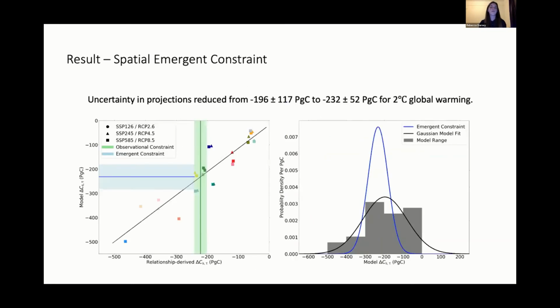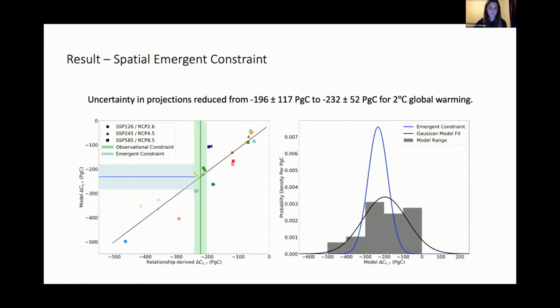So as the premise of our emergent constraint works for each of our Earth system models, this allows us to obtain an observational constraint on our x-axis. So this plot on the left here is very similar to the same plot again. However, this time we considered change to be 2 degrees global mean warming. But again, we've got our model change in soil carbon due to the change in soil carbon turnover on the y-axis, and this change in soil carbon due to the change in soil carbon turnover, calculated using these model-specific